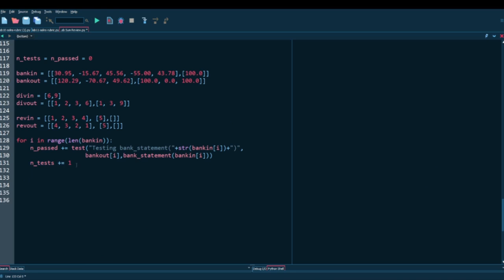So at the end, if you want the counters, the number of failed tests is going to be the total number of tests minus the number of passed tests. The number of failed will be 0 if all the tests passed, because this will just equal 0. Otherwise, it will add for every test that didn't pass. And then you just print those values.